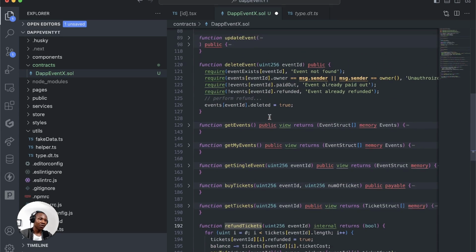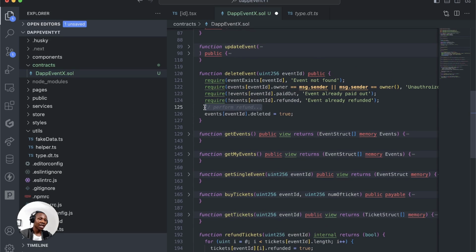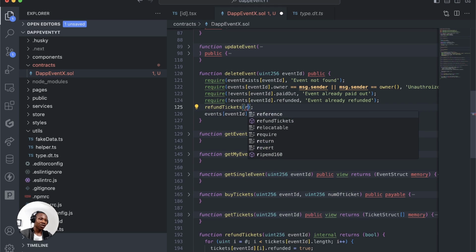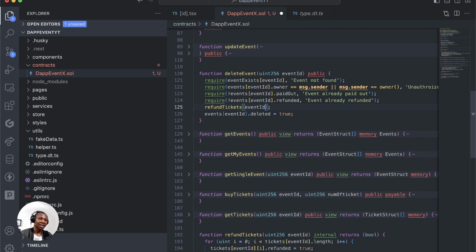Okay, so now we'll come to this place and we want to perform a refund. So we want to say refund ticket, and pass in this. Knowing that this delete function carries the ability to send people money, you don't want people executing this multiple times, trying to attack it using a reentrancy method. So you want to say